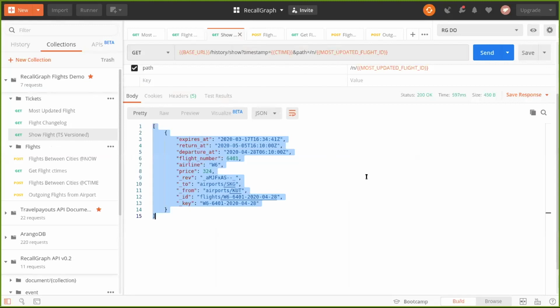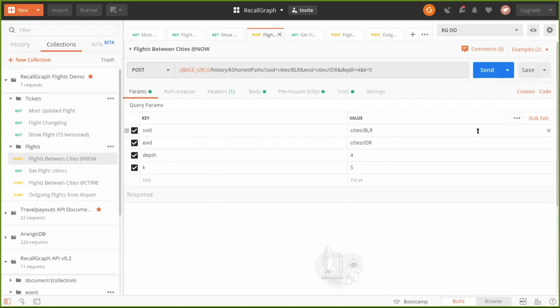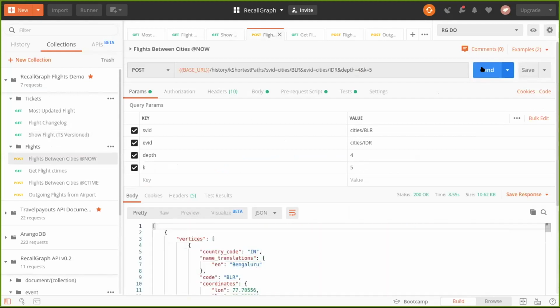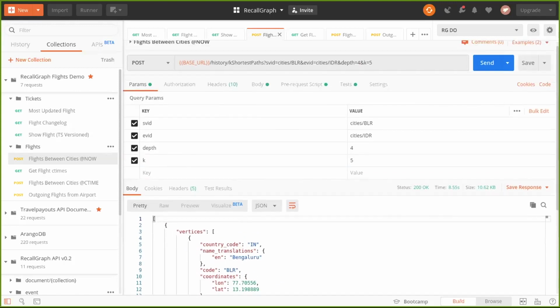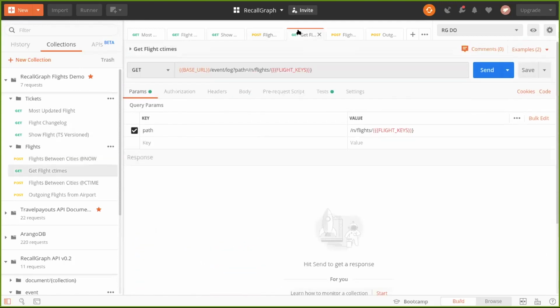So now let's move on to another demonstration wherein we can run a traversal from point to point and see how the results of the traversal change depending on what timestamp we feed into the query. So I'm just running a query that fetches me a list of all connecting flights from the city of Bangalore, which is where I live, to a city named Indore, which is a city in central India. And we are not going to go too much into the details of these results. These are again just meant for Postman to populate certain flight IDs.